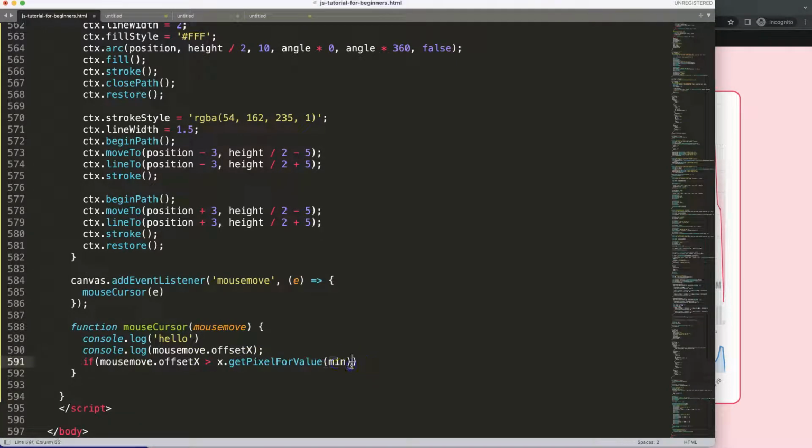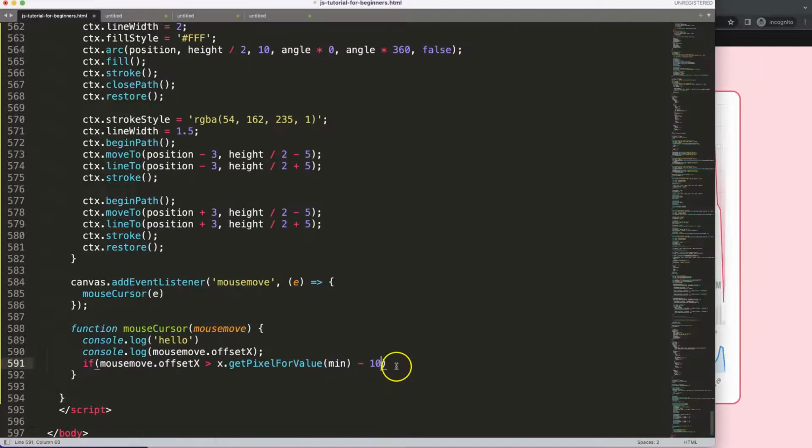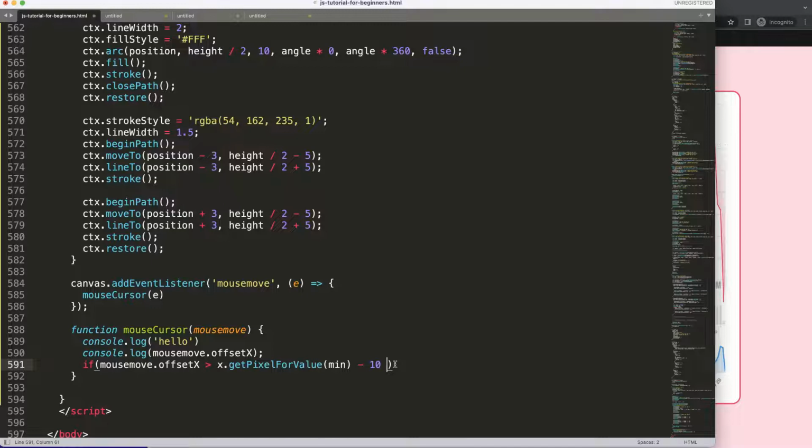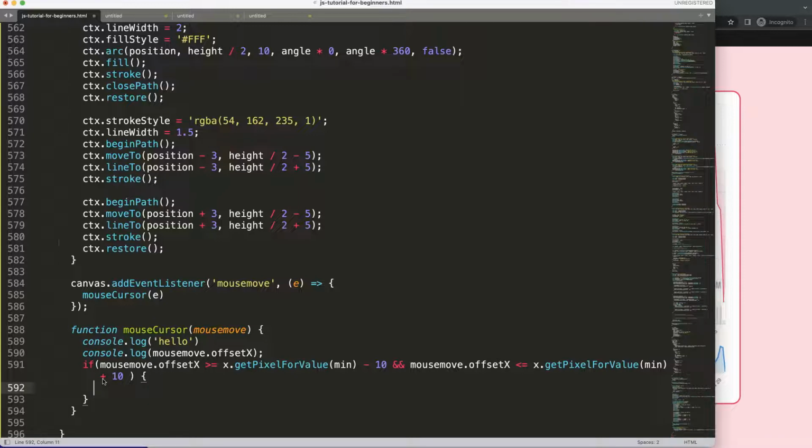So if it is smaller, and then what I want to do here, minus 10 pixels. So basically, if we are on this side of the button, in that case, oh, and then of course here we can do another one. And what I want to do as well is on that same button, I'm going to put in here, if the offset would be smaller or equal to that, and then max plus 10. If this is the case, what I want to do here is